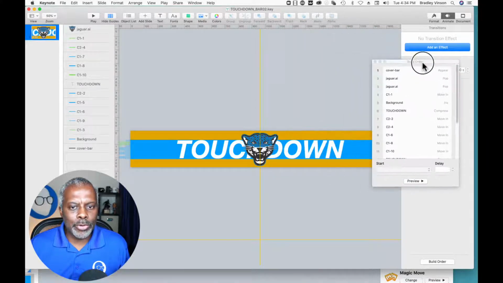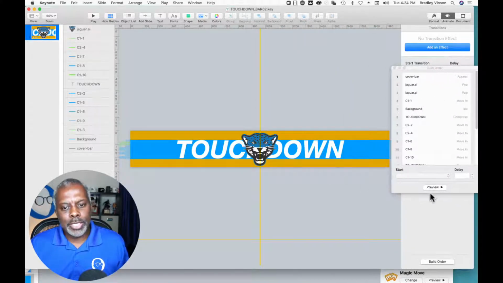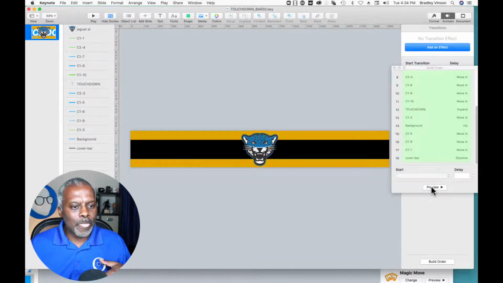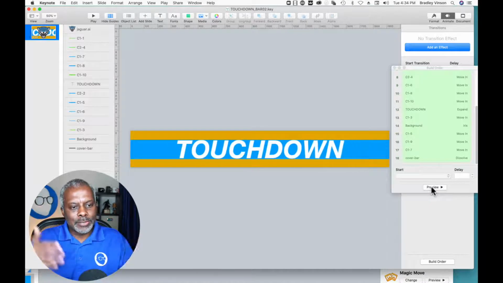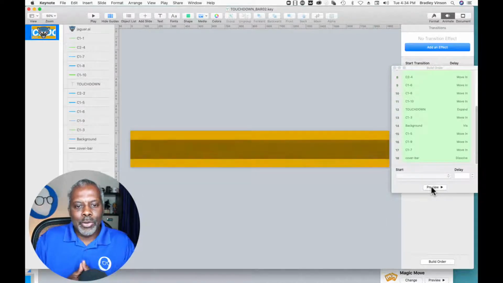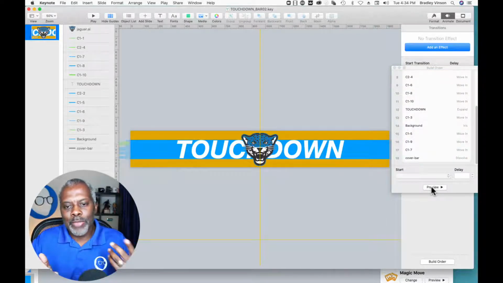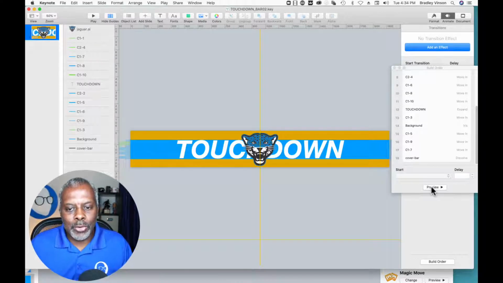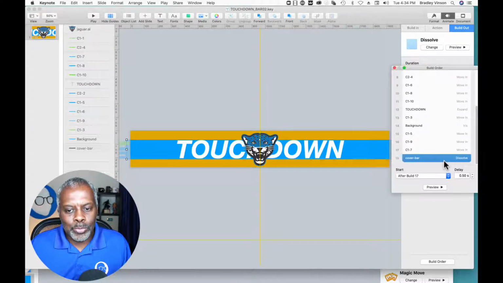So this is how it worked, right? Someone said a team scored, and then it would animate touchdown, and then touchdown would animate back out, right? And that was the graphic that they wanted, right?